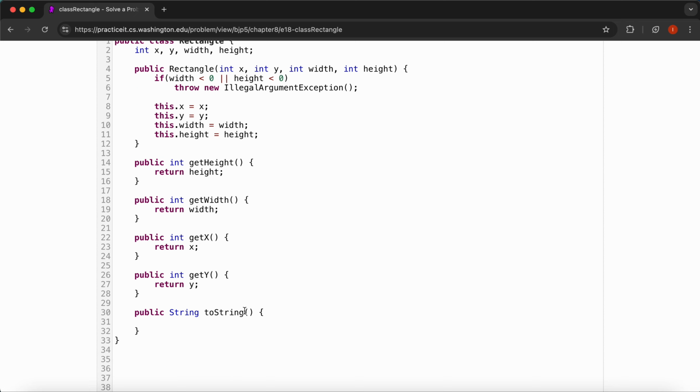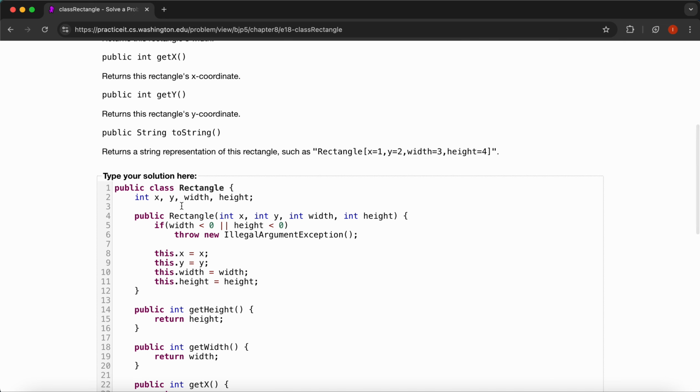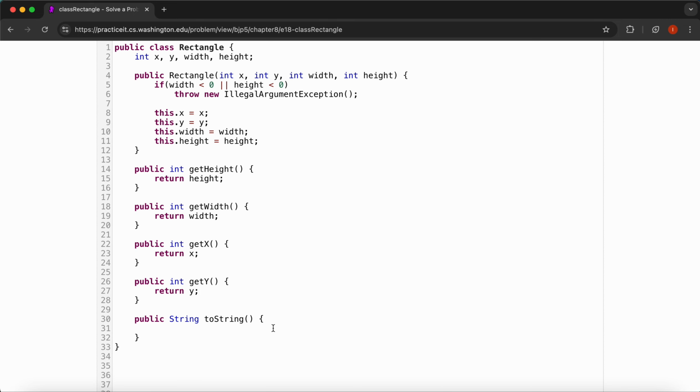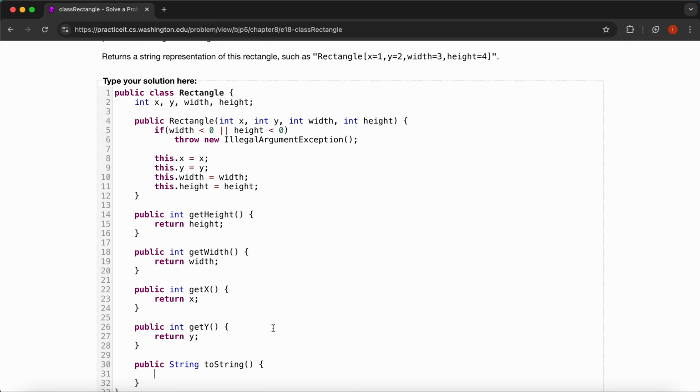And then the last one is where it gets a little bit tricky. This method is supposed to convert the rectangle into a nice string representation, so we need to follow the syntax to the T. So we'll say return, and then we'll add our string: "Rectangle[x=". Since the number of values changes every time depending on the coordinates,